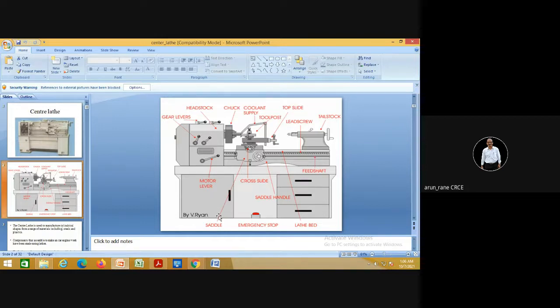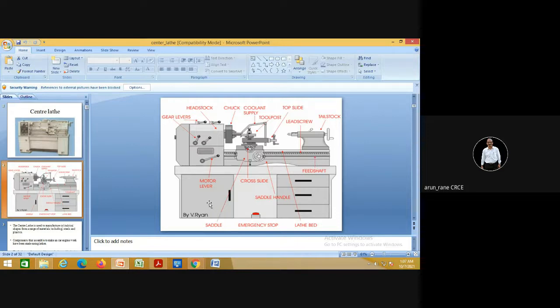So the motor is here. The motor is always a three-phase motor, not a single-phase motor. For the conventional lathe, we employ a three-phase AC motor, whereas for the CNC, we use a three-phase AC servo motor or DC servo motors or stepper motors. Stepper motor is obsolete, and after stepper motors, DC motors were used, then DC servo motors, then AC induction motors, and nowadays AC servo motors are in use for the CNC lathe.